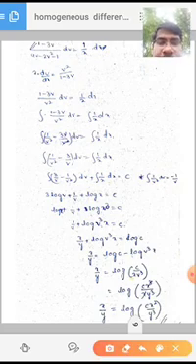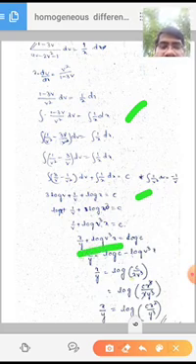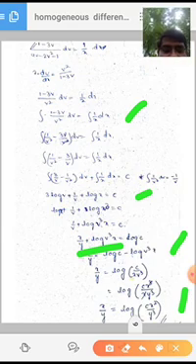Integrating on both sides, we get 3 log x plus 1 by v plus log x is equal to c. By using the logarithmic formula, this can be written as 1 by v plus log v cube x is equal to c. Substitute v is equal to y by x, we get x by y plus log v cube x is equal to log c. So x by y is equal to log c minus log v cube x. Substituting v is equal to y by x and simplifying, we get x by y is equal to log cx square by y cube.